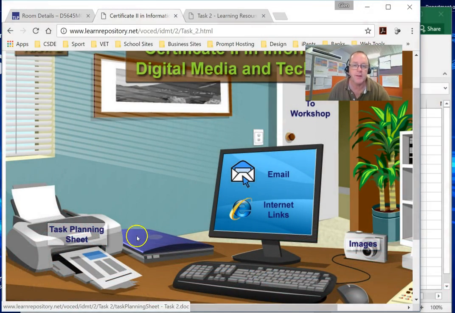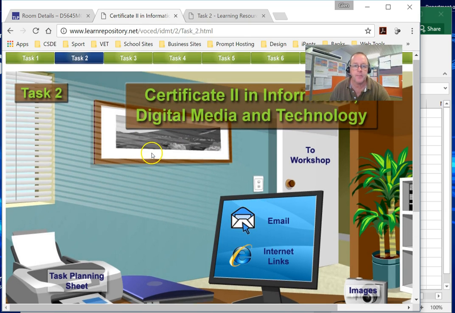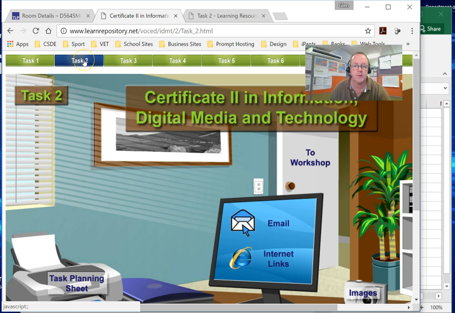Okay, we're going to get started and make a mail list today. The mail list is going to be used later in a mail merge, but let's just work out how we make our mail list. Now, I'm in our Cert tool and we're in task 2, as you can see up the top,